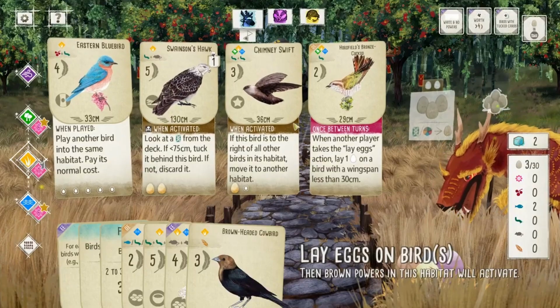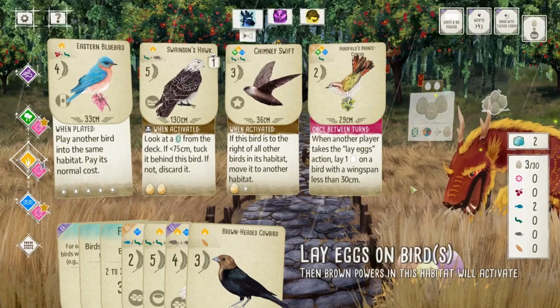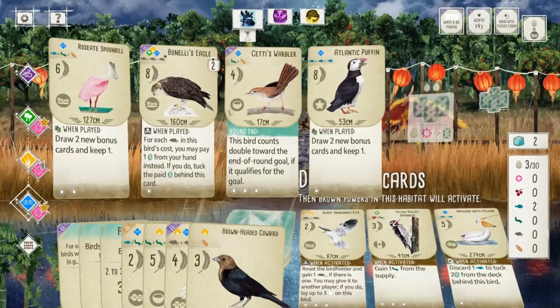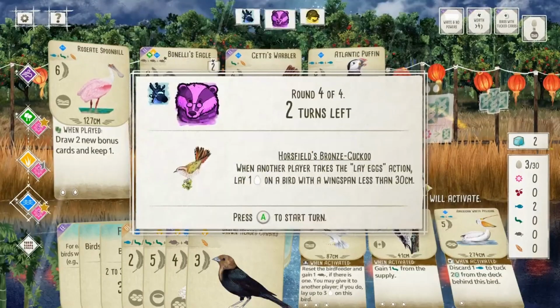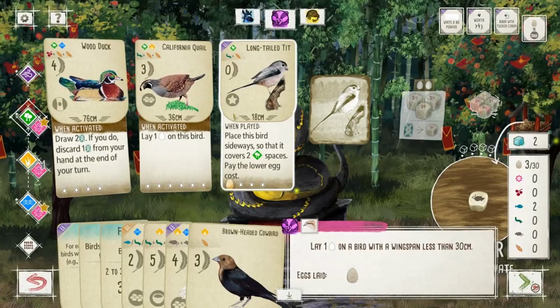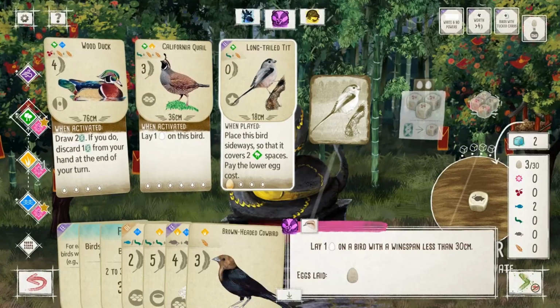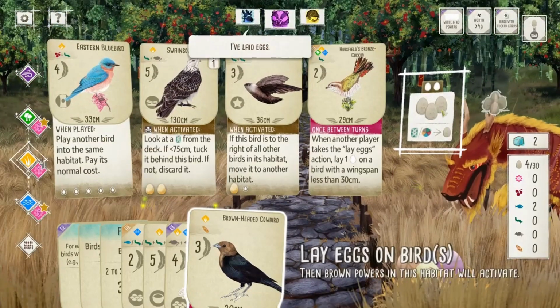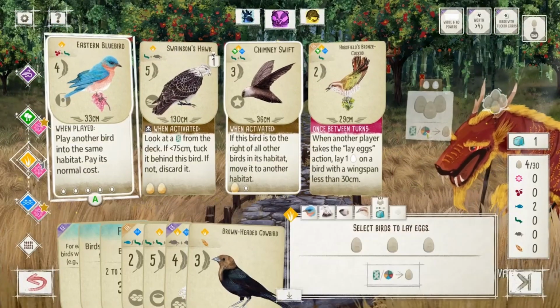And I think we just do eggs, just to max out our points, because we do not have any really good... We don't have very effective engines in here. Alright, and yeah, we put it on the long-tailed tit, because that's a star nest that will count towards our goal. And then here, we just...